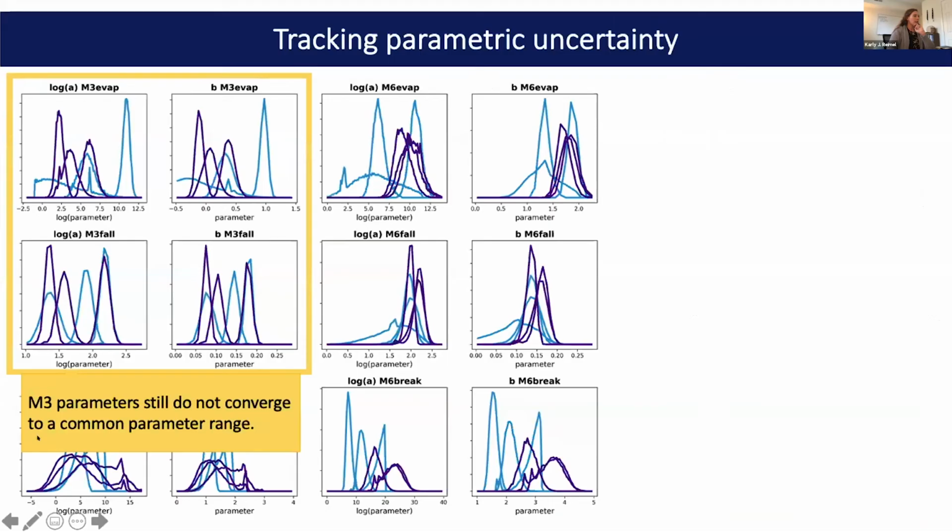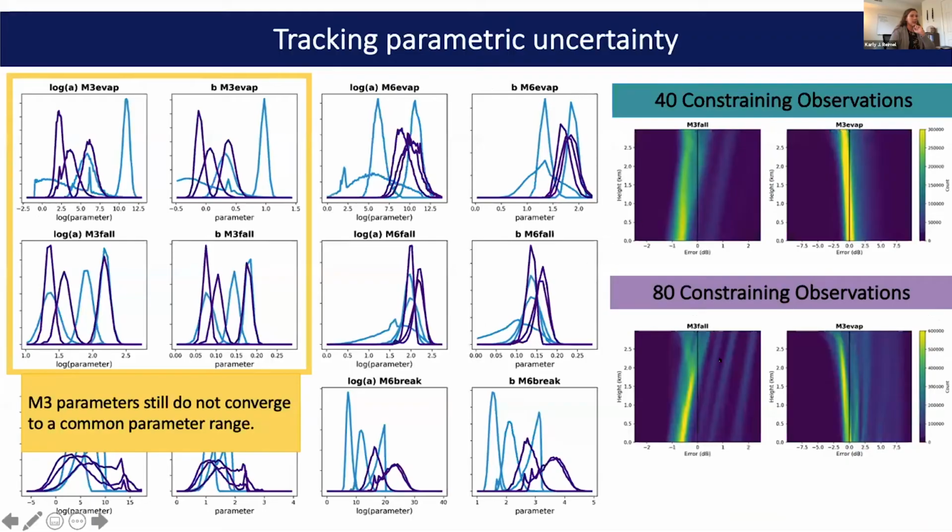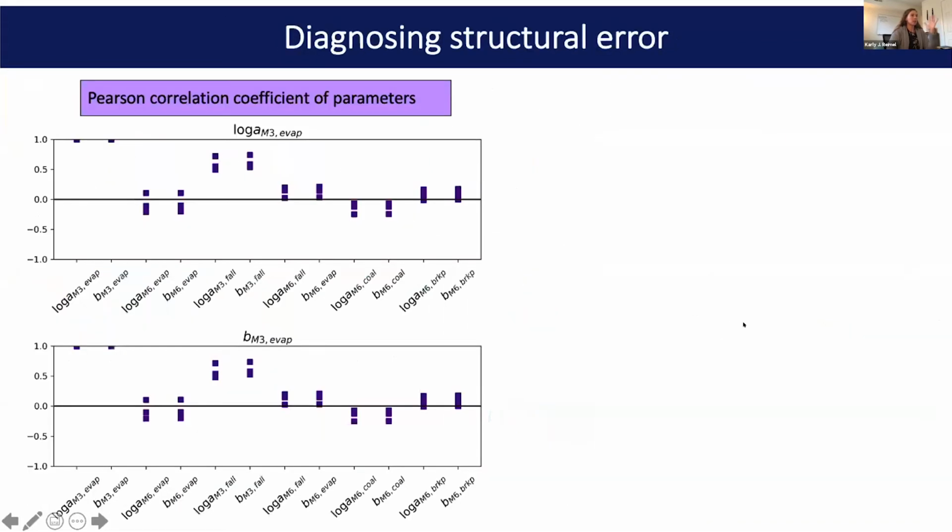But in contrast, our M3 parameters are still not converging to a common parameter range. And if we look at the process rate errors between these two cases, we're not seeing much of an improvement. So this suggests that there might be some source of structural error within our model. So one way, using these Bayesian methods, that we can get at where the structural error is stemming from is